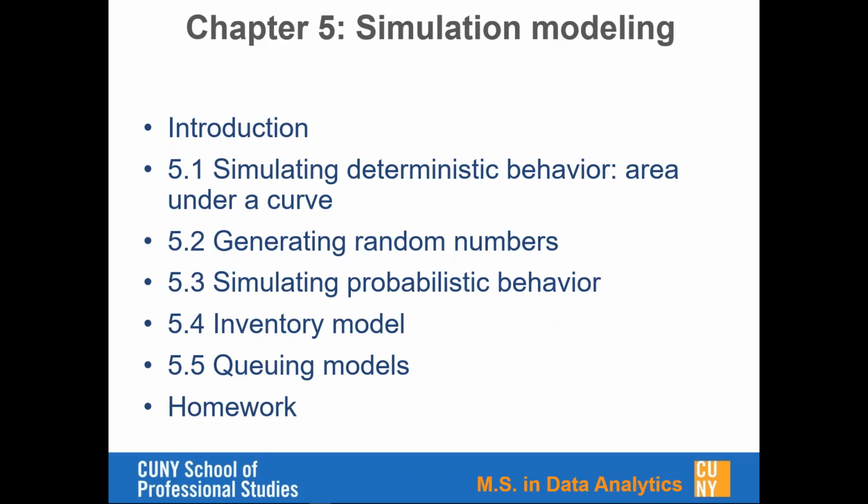So that's definitely used in many cases. The second section is how to generate a set of random variables, random numbers, and how you use those generated random numbers to simulate probabilistic behavior in 5.3, and then 5.4 and 5.5 are really